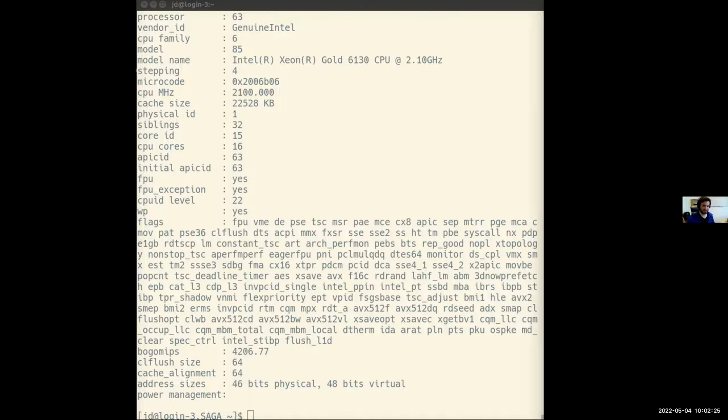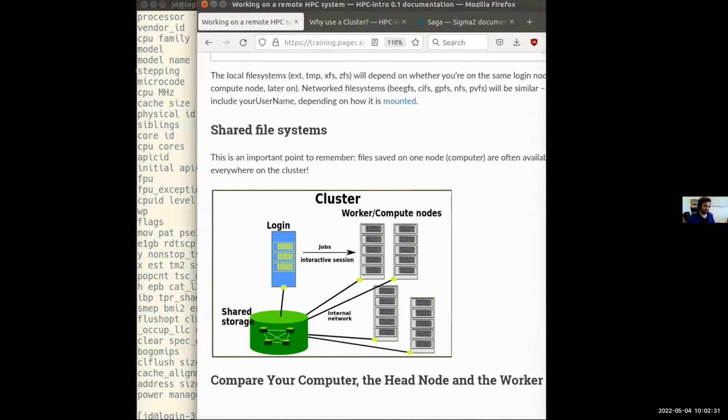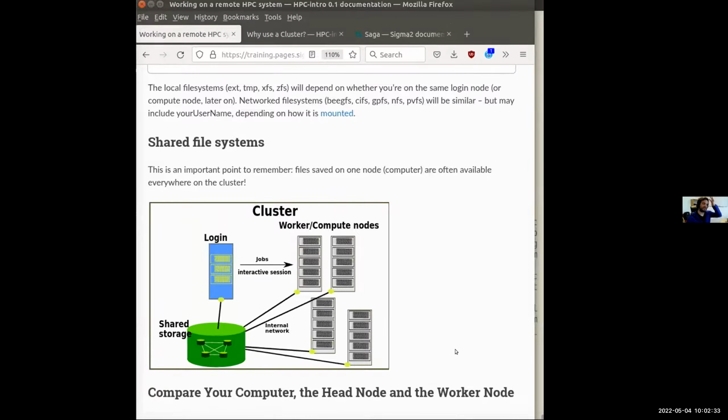One more thing which might be interesting to know is the file system. Usually on your computer at home, you have a hard disk, and all the data you produce or download is on this hard disk. Maybe you also connect to some cloud storage or backup solution, but the majority of the stuff you do is on your hard disk.